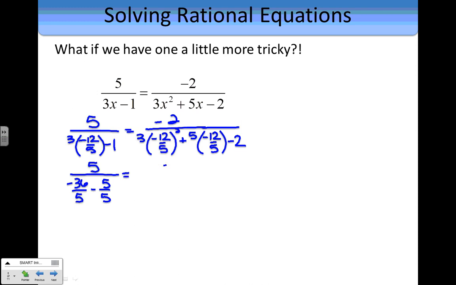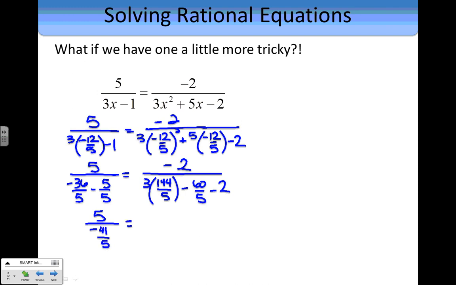And I have negative 2 over 3 times 144 over 5 plus, let's do minus 60 over 5 minus 2. 5 over negative 41 fifths is equal to negative 2 over